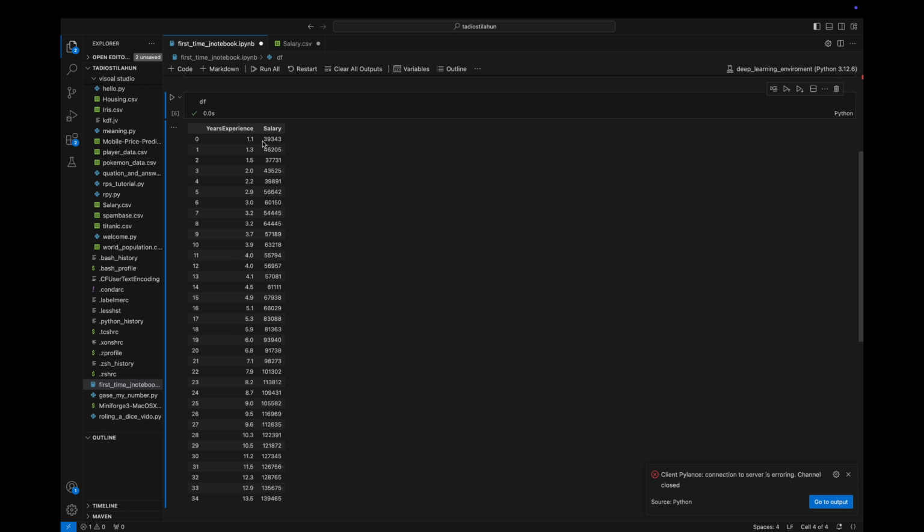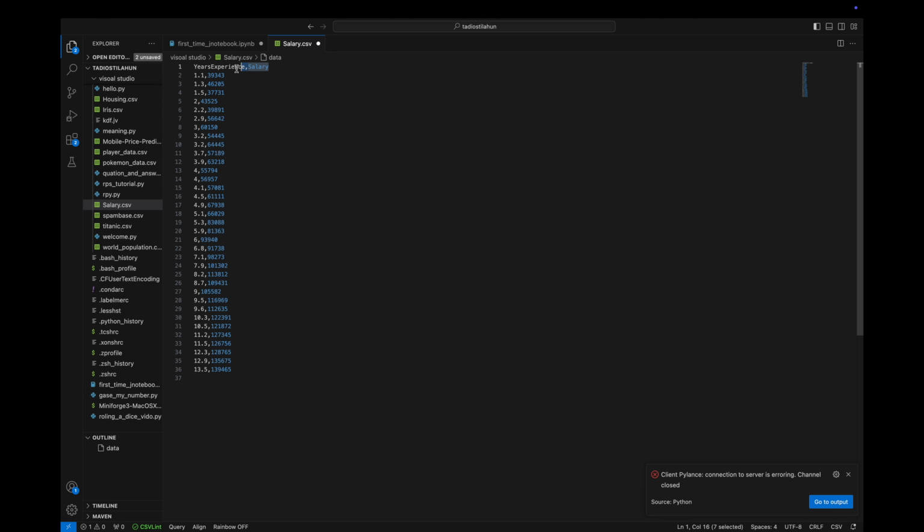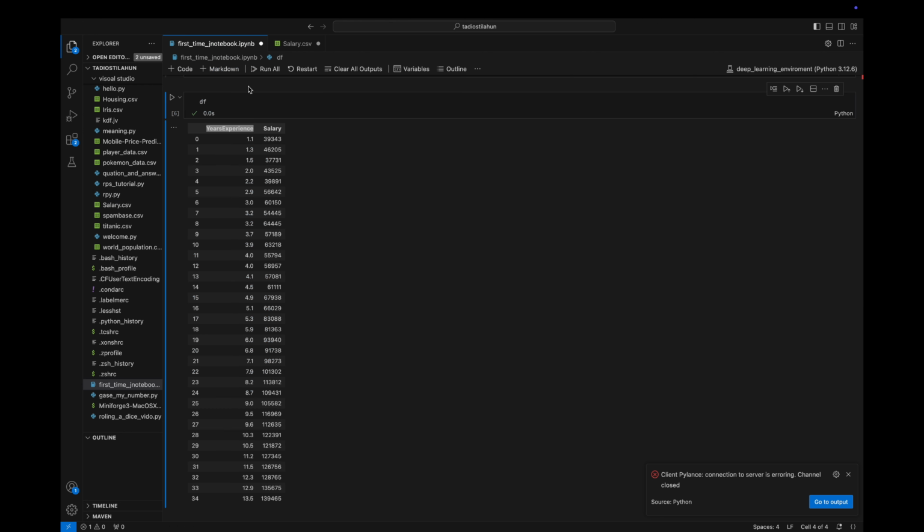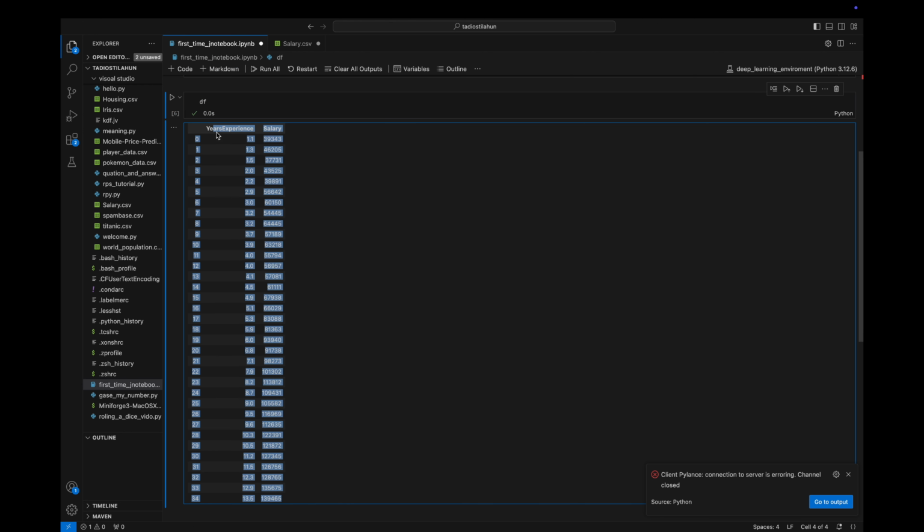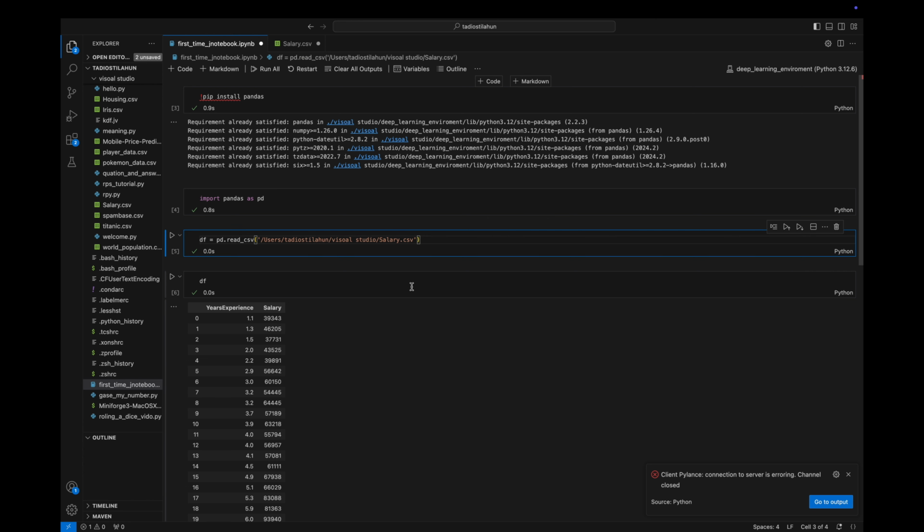As you can see, even though we are not telling the code, this is the head of the file, because it's located in the first line. That's why it comes first. And this is the index. We can also specify that by using a comma and then saying, I think, if I'm not wrong,